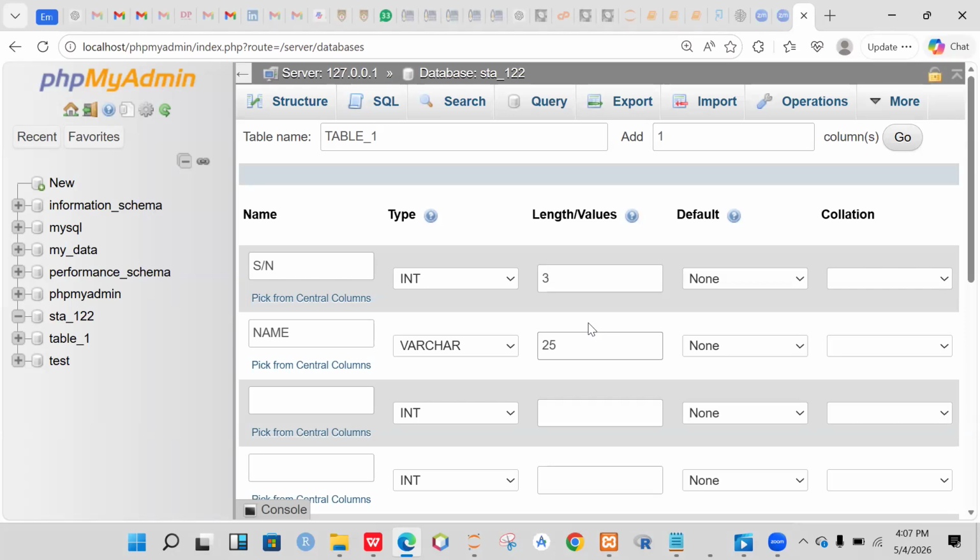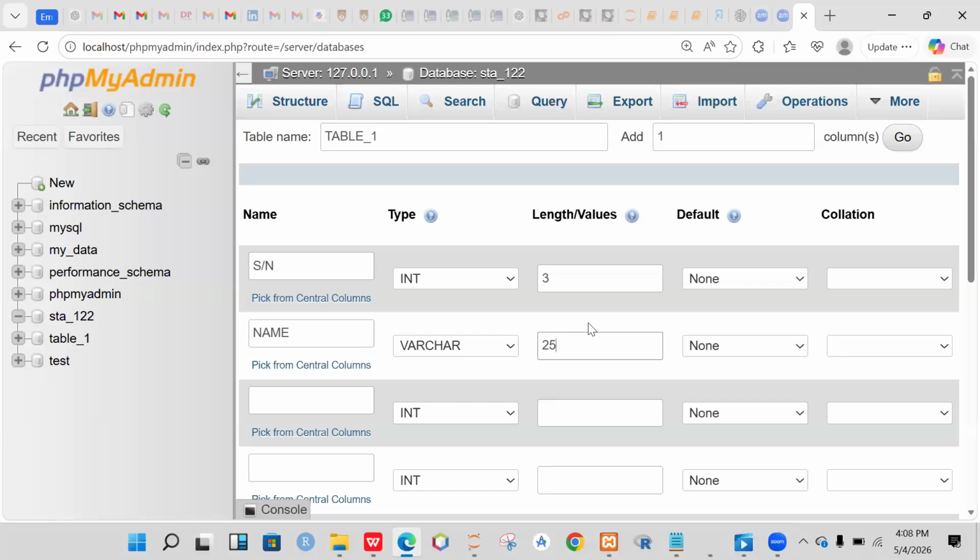Do you see how lengthy those names are? So if you want to register for WAEC, and WAEC sets the total name field to be 30, or they set it to 25,